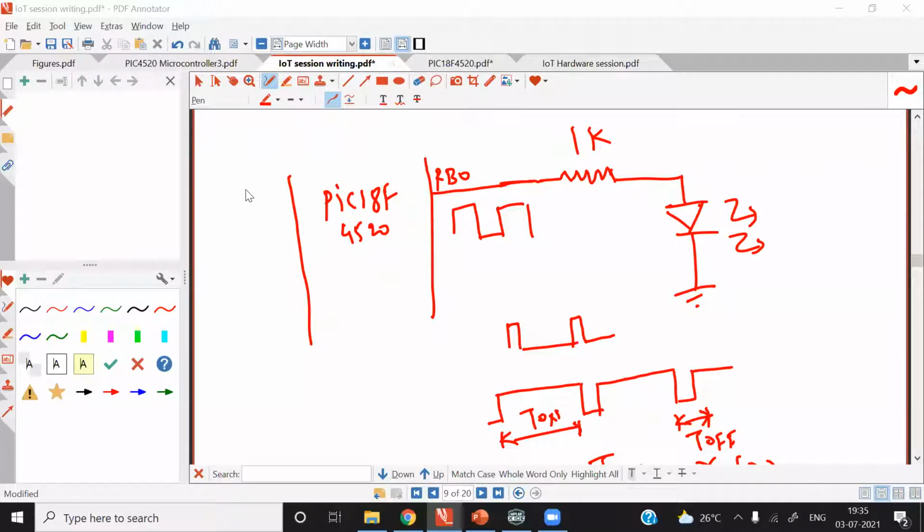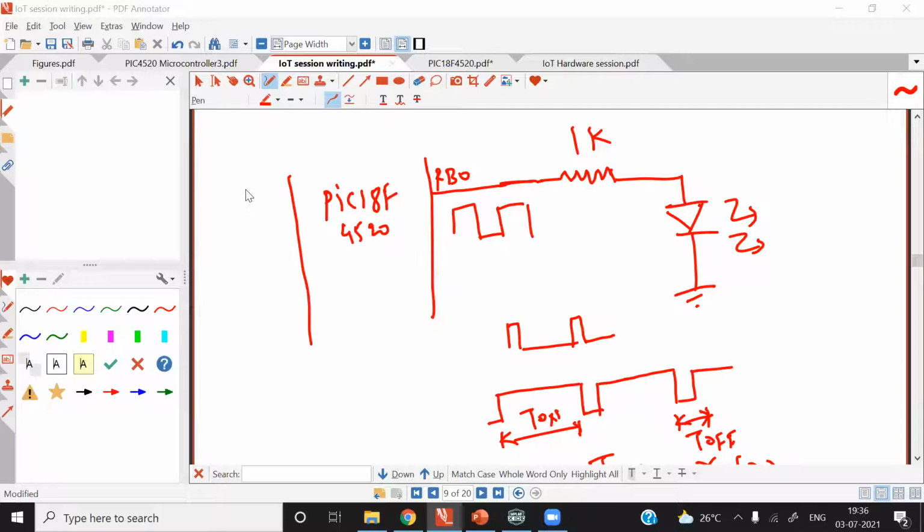Okay, there is one question. Why are configurations required in programming? In a PIC microcontroller, there is a separate configuration memory. And some features of the PIC microcontroller depend upon the bits in the configuration memory, whether those bits are cleared or set. For example, to select the type of oscillator, there are specific bits in the configuration memory. So unless you select the proper combination of these bits, the right kind of oscillator is not selected. And there are around 8 to 10 different combinations for selection of the oscillator. And that can be done only with the help of configuration memory. There is no other way.